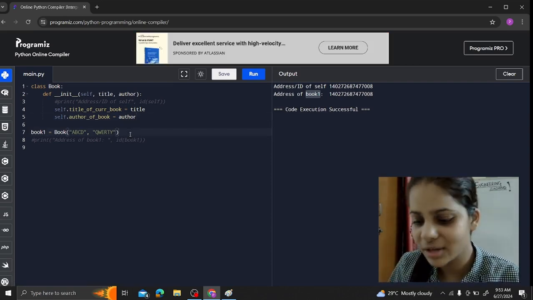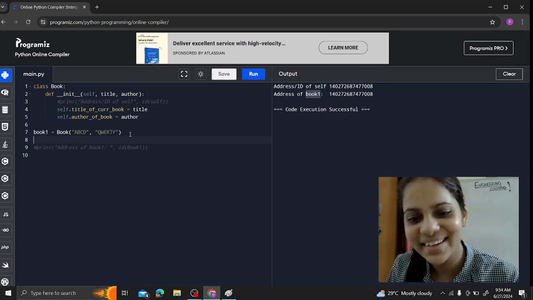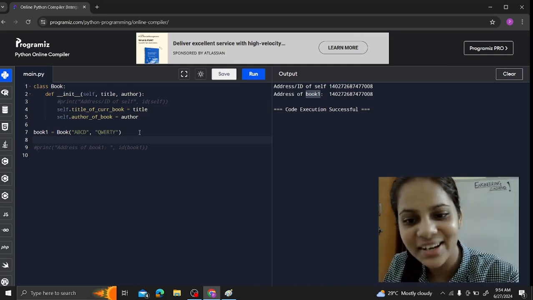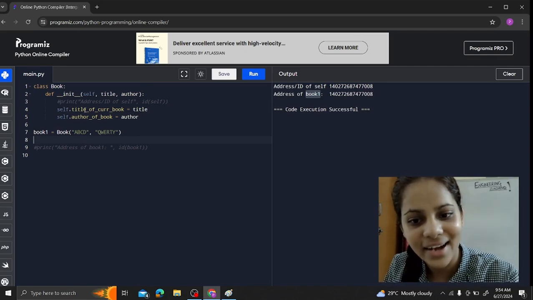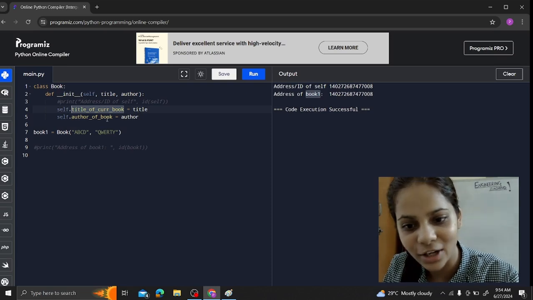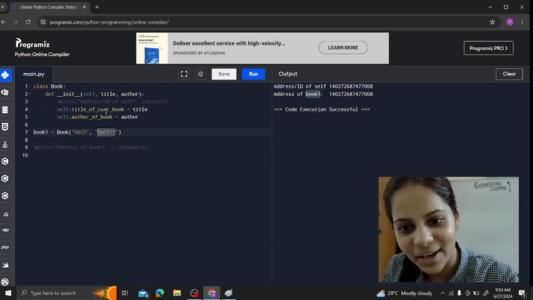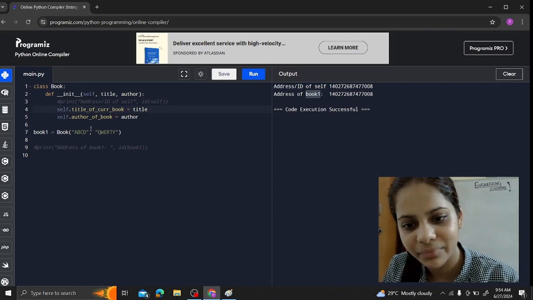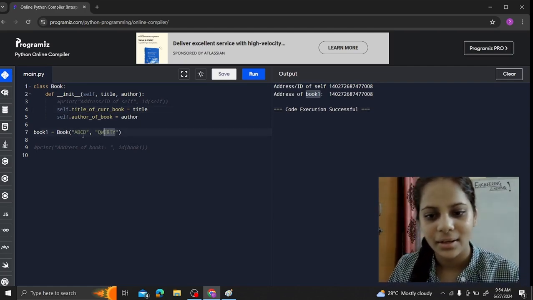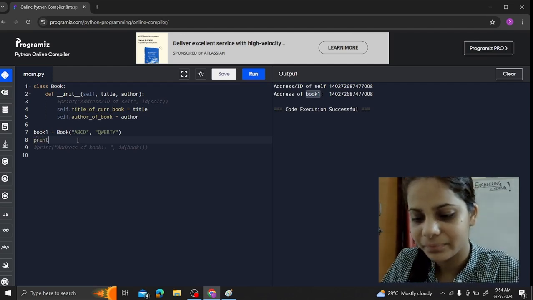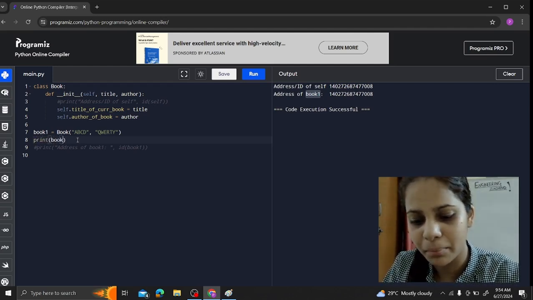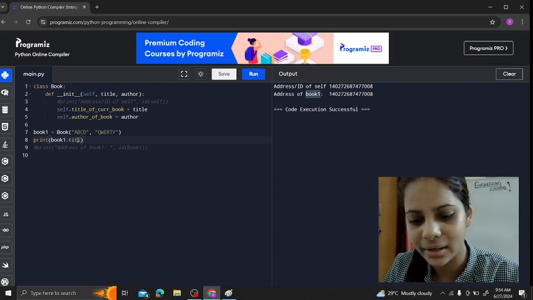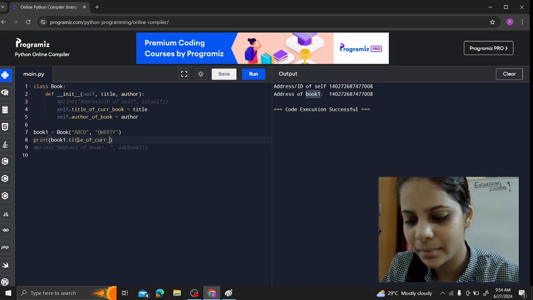Now comes the main and the interesting part. We have the object with its title, right? In this variable we have the title of the book that we have passed, and also we have the author passed. So now we have the object book 1 using this class that we have created, with this title and with this author. So we can print it. We can say print book 1 dot title of current book,